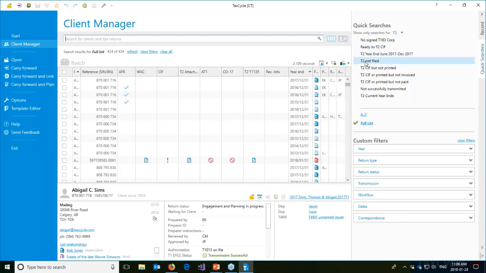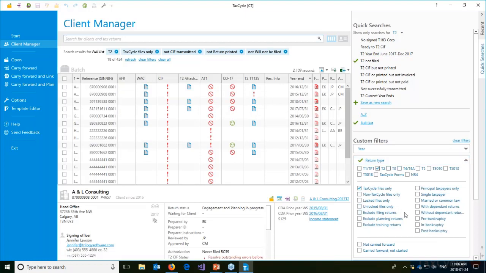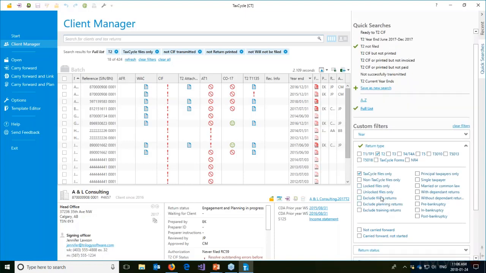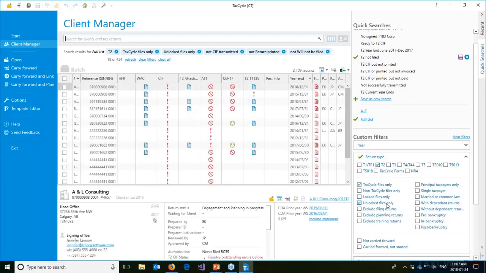So what I'm going to do, I'm going to select T2 not filed again, I should say, sorry. And I'm going to go down to my return type, and you know what, I'm only interested in filing returns that I've locked. So at some point during the preparation of these T2 returns, I only want the files that I really want to file, I have locked. I've put them in a state where they can't change. So then when I do come to transmit them, they haven't changed from the last time that I prepared them. So I'm going to include locked files in my filter. Oh, I don't have any locks. Or my unlocked files,